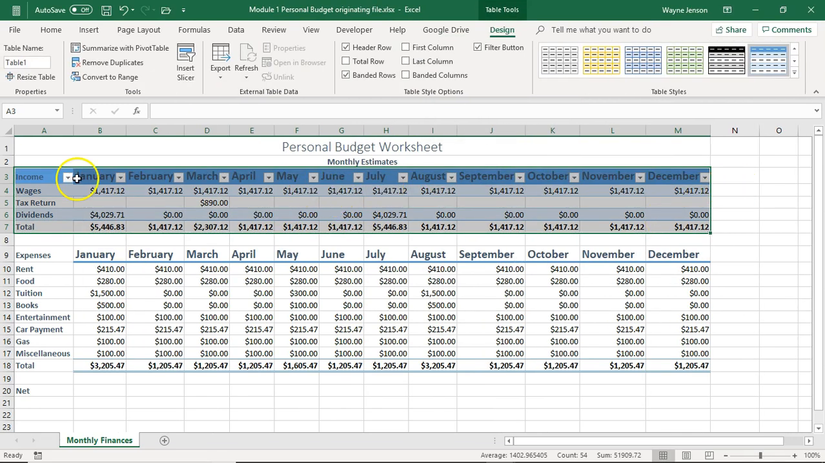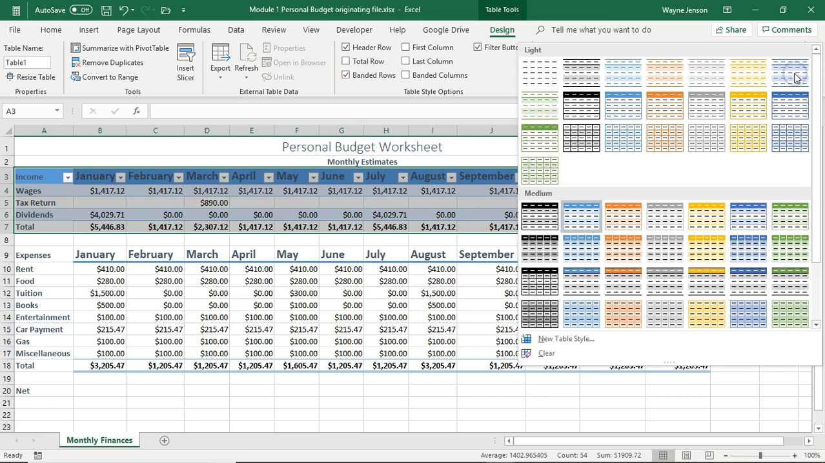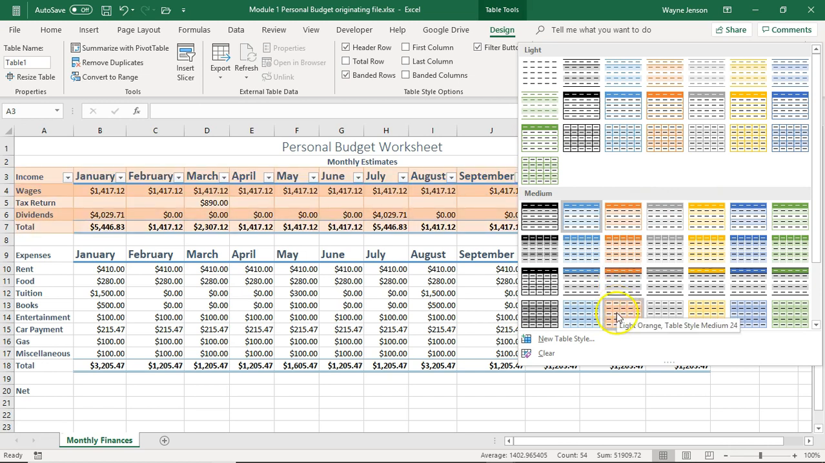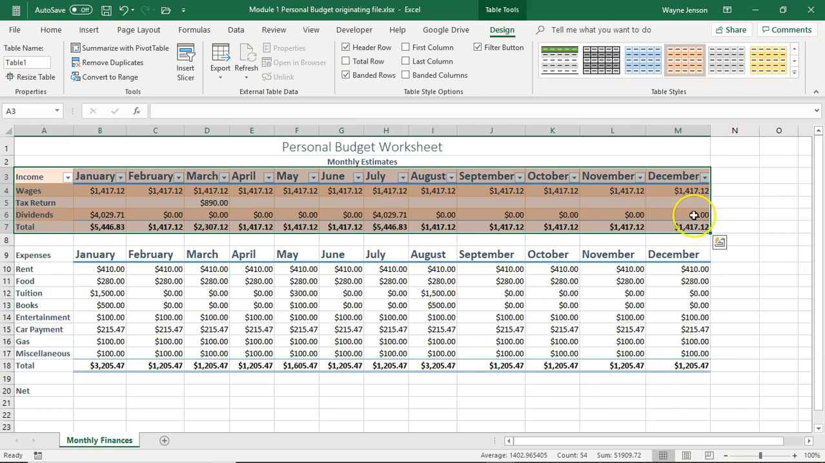Now, one thing I don't like about this is it's got these filters at the top. We don't really want that, but let's go ahead and choose the banded rows that we want. And we can choose from any one of these. So I'm going to go ahead and choose this one, the light orange, table style, medium 24. And